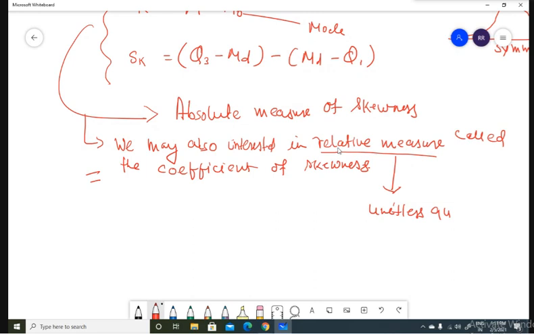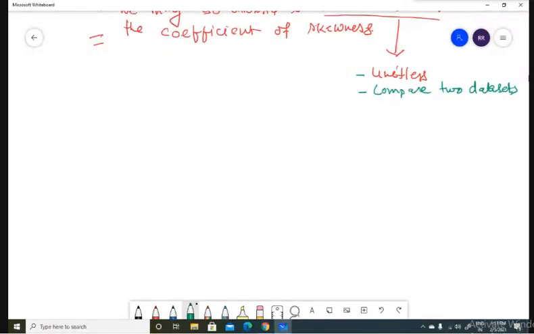This one is unitless. Okay, and it can be used to compare two data sets. Since it is a unitless quantity, we can use it to compare two data sets. So the first measure of skewness, sorry, the coefficient of skewness, is